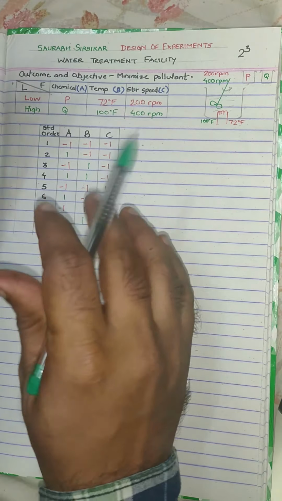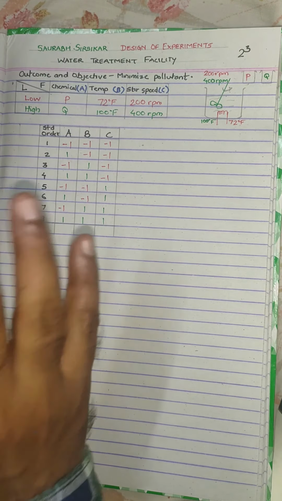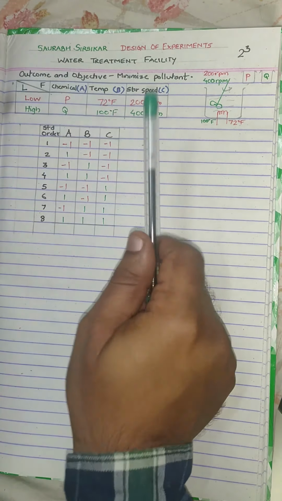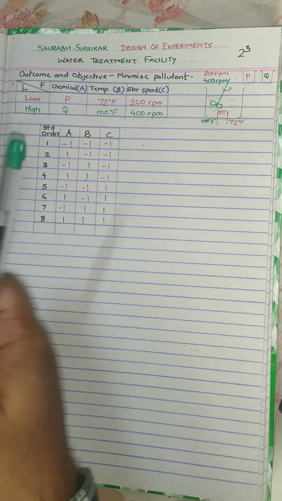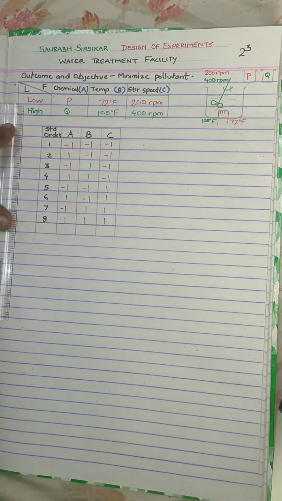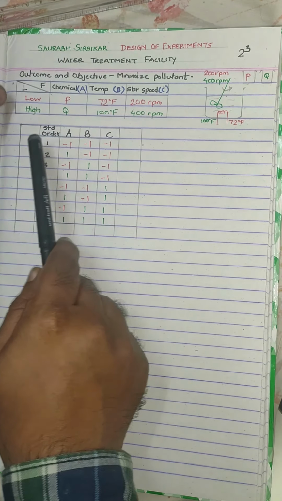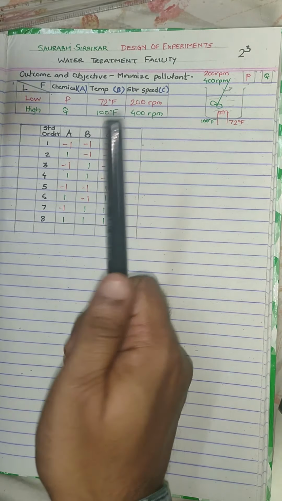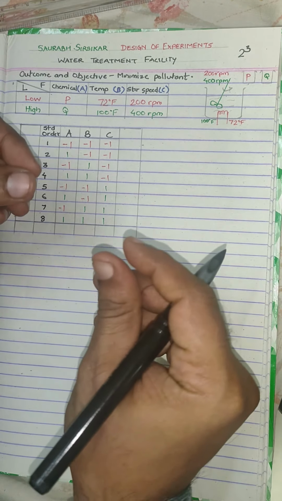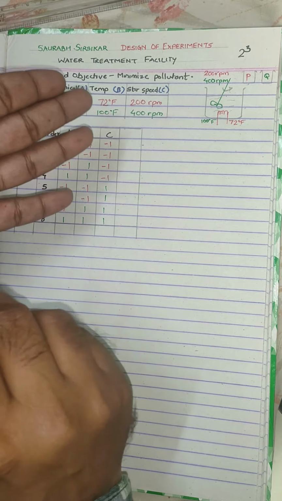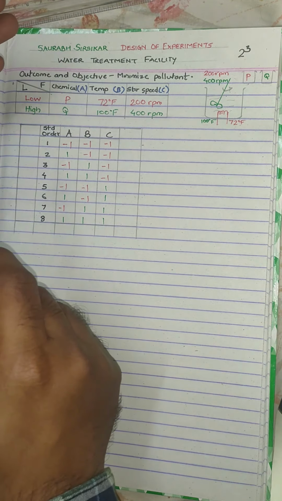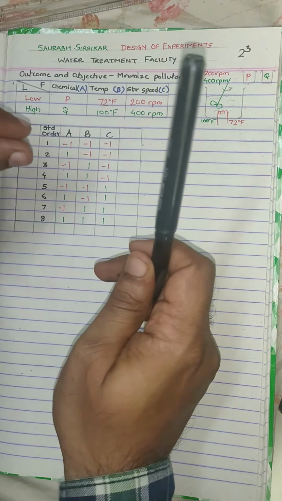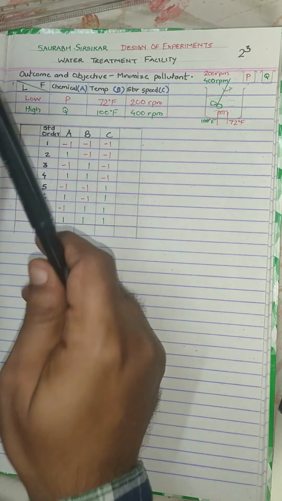Okay, so this is known as the 5th step, that is designing the experiment. And the next very important step is to conduct this experiment. To conduct this experiment, I cannot conduct the experiment in this sequence of the standard order. What I have to do is I have to make 8 chits. On each chit I will write a number, 1 on one chit, 2 on another, 3 on another, and so on up to 8. So 8 chits with numbers ranging from 1 to 8.